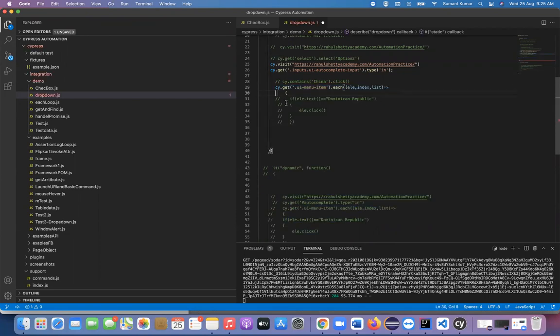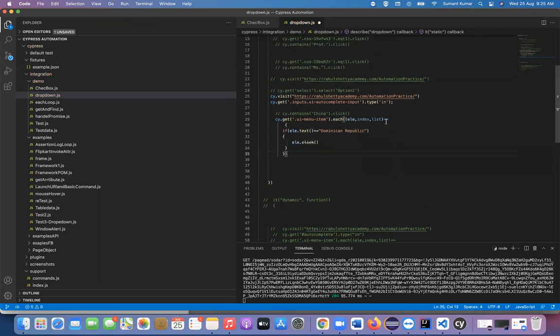So what I did, I use the for loop. This is just a for loop, and in the for loop, the element with this particular class UI menu item. As of now, I have only searched IN.